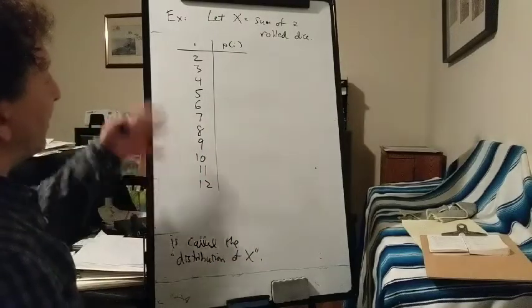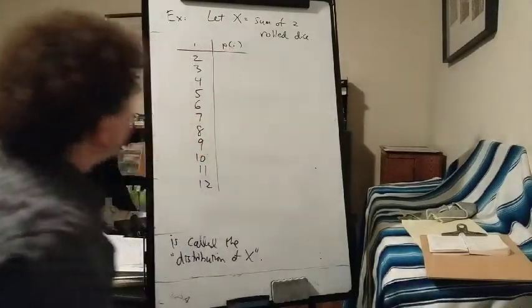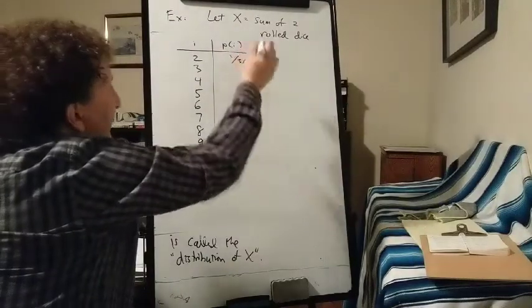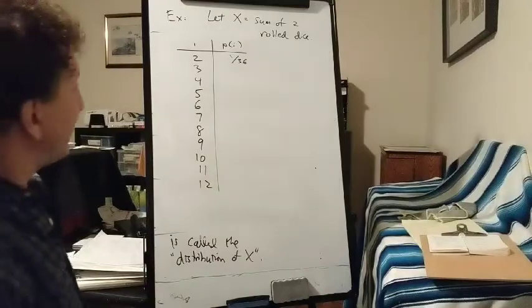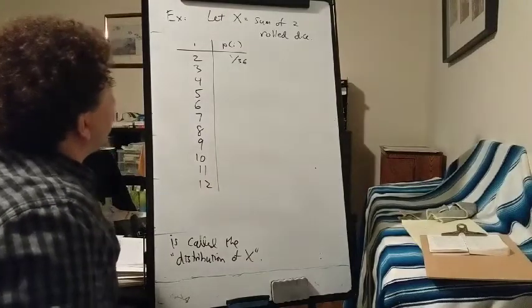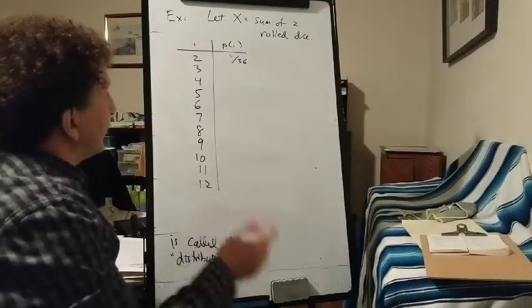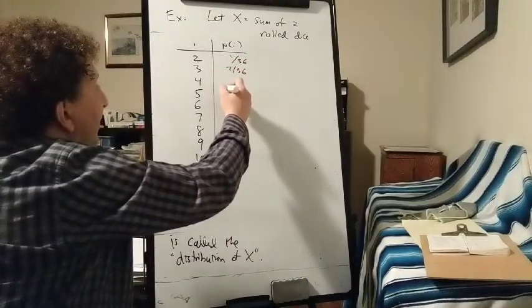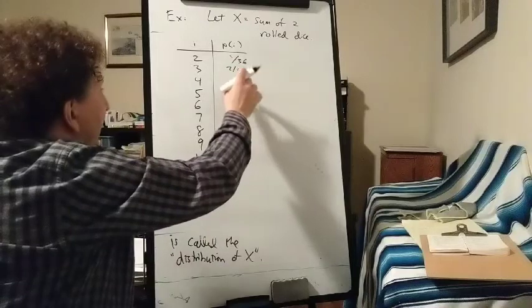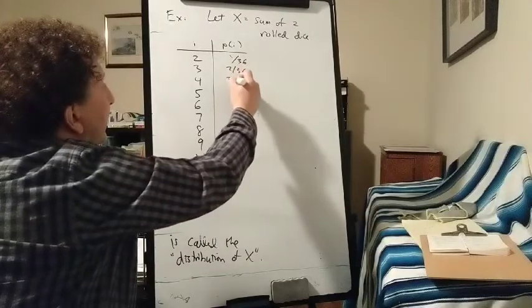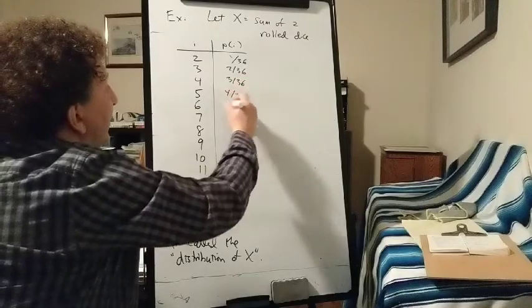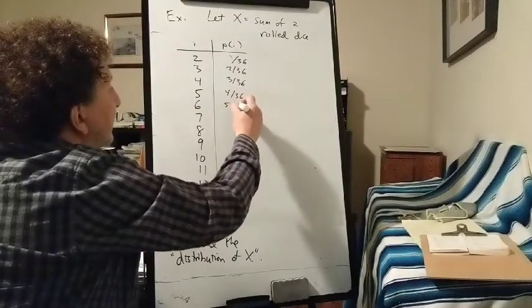And if we want to record the probabilities of these, there's only one way to get double ones. So 1 over 36, because there's 36 possible things that could happen if we roll the dice. Then there's two ways to get 3, 1 and 2 or 2 and 1. And there's 3 ways to get 4, 1 and 3, 2 and 2 or 3 and 1. And similarly, 4 ways to get 5, 5 ways to get 6,